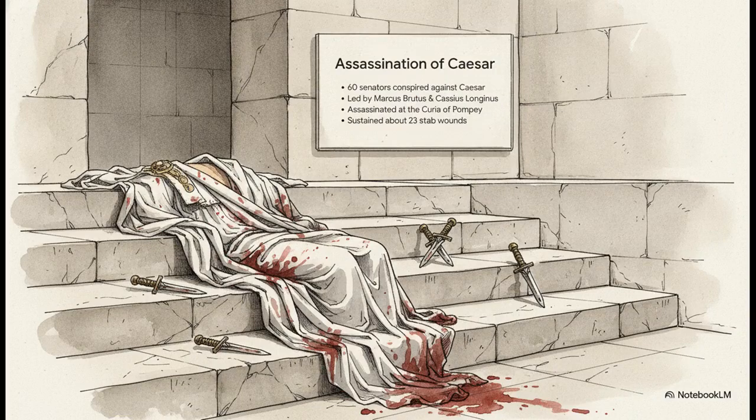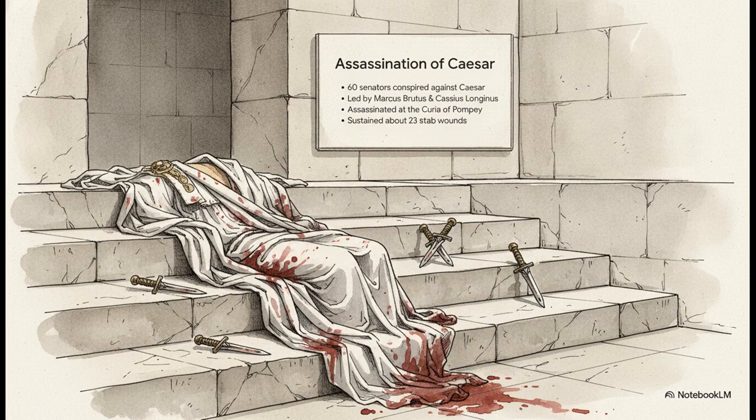Let's jump right into our first event, the infamous assassination of Roman dictator Julius Caesar on March 15th, 44 BC. Now, to really grasp this, we have to look at the why. Caesar had basically gathered up immense, lifelong political authority for himself, including a perpetual dictatorship, and this absolutely terrified the political elite. So a group of about 60 senators, led by Marcus Junius Brutus and Gaius Cassius Longinus, decided they had to strike. They ambushed Caesar at a scheduled Senate meeting at the Curia of Pompey, and he sustained approximately